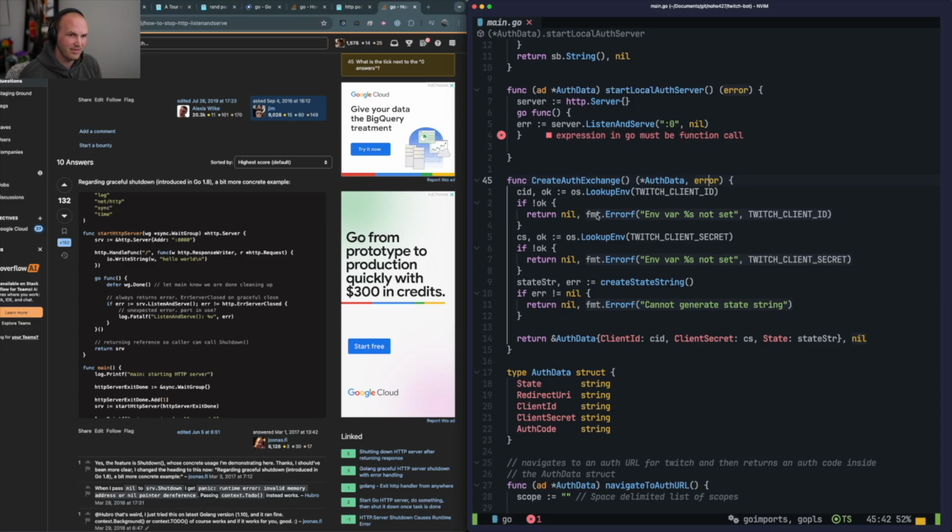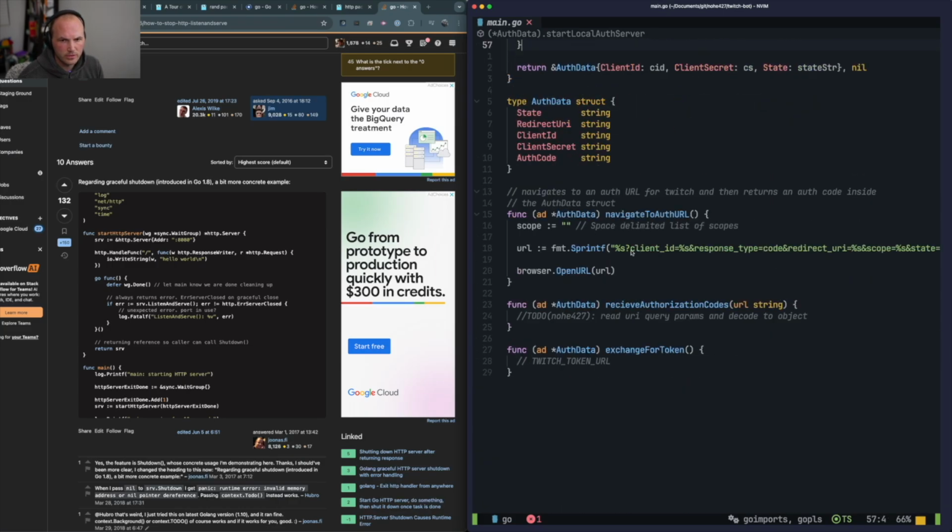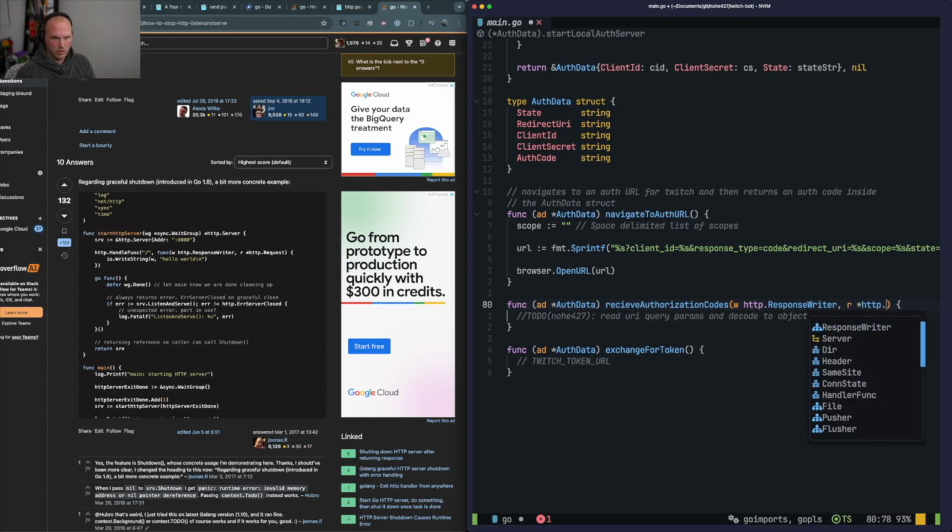So we'll have to append the handler. So this will, down here, exchange for token will actually be a handler, right? Oh no, because we need to receive the authorization codes, which then we exchange for the token. So this would be writer http.ResponseWriter, and a pointer to the request. Okay. And then